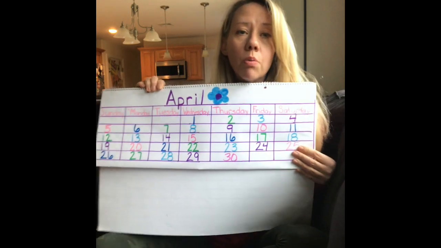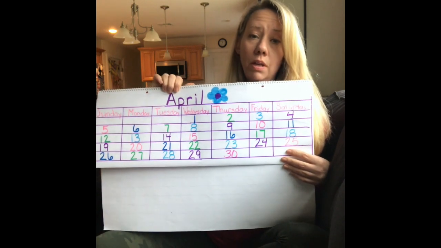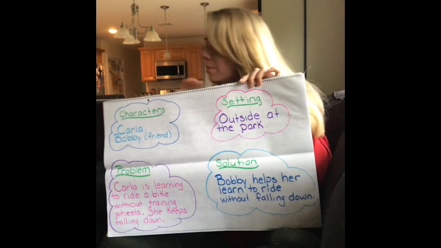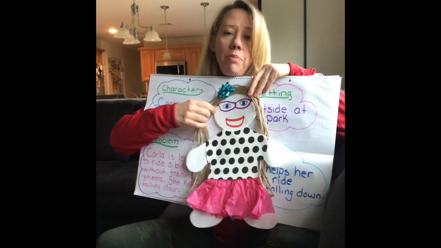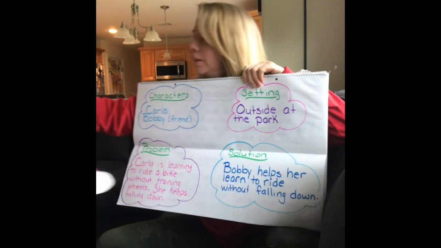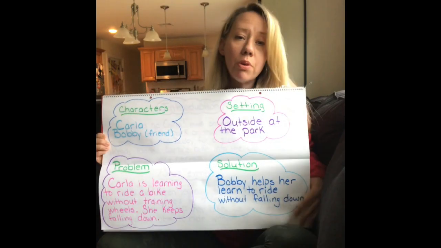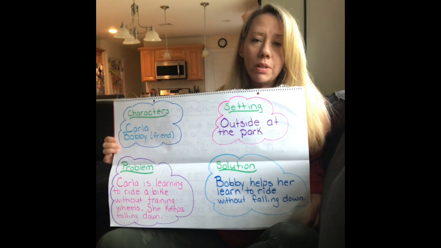Well, I was looking at all of the work that you did last week, and I wanted to show you some of the work that I've been doing. So this past week, we did some writing with our character. Do you remember my character? Here she is, Carla. When I'm thinking about Carla and starting to plan out my stories, I use my thinking map like you did. So many of you printed that out and showed me your ideas on Seesaw, and I can't wait to see your final stories.